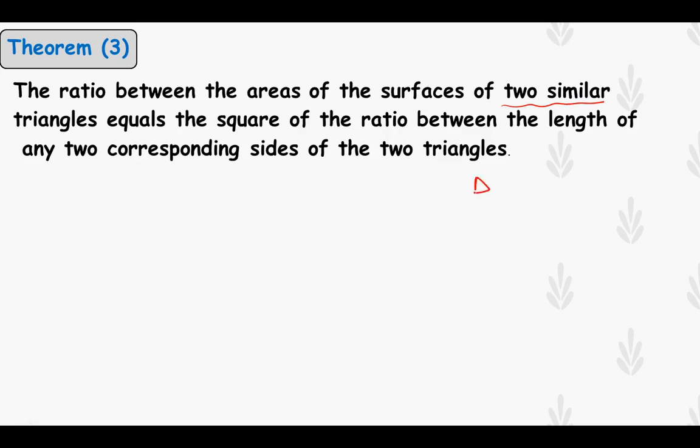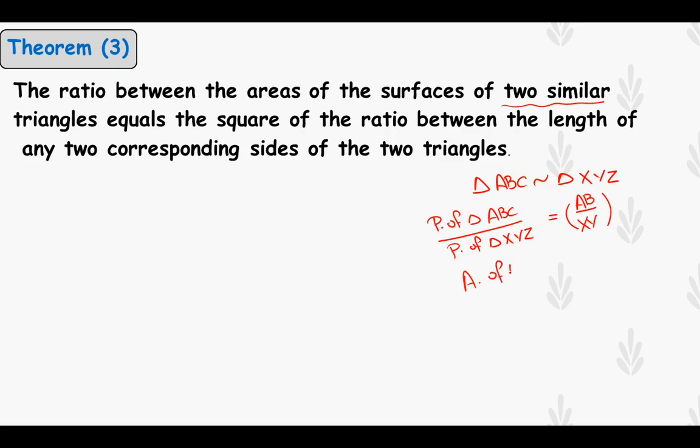so if triangle ABC is similar to triangle XYZ, we all know that the ratio between the perimeter of triangle ABC and the perimeter of triangle XYZ equals the ratio between any two corresponding sides, AB over XY. Okay, this is from the first lesson, but here in this theorem he tells you that